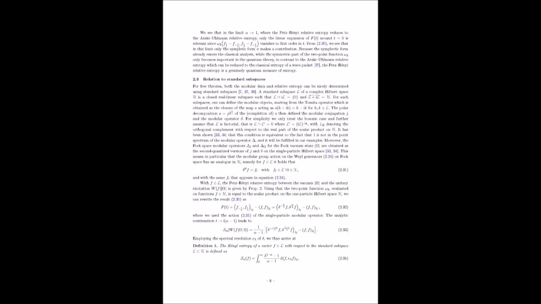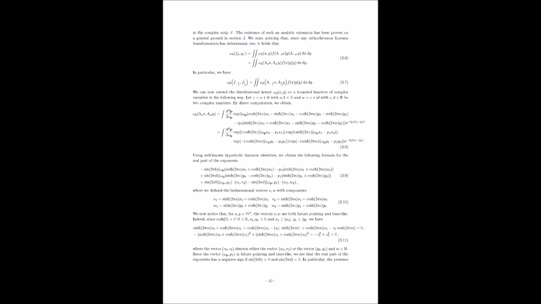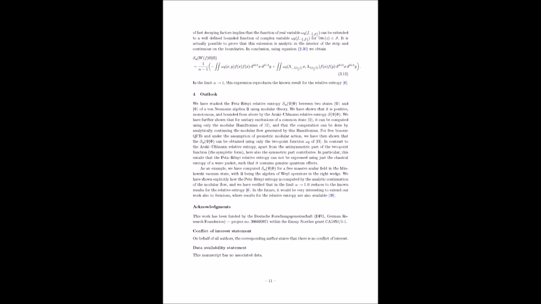Well, imagine you're trying to study the entanglement properties of a complex quantum system. The usual relative entropy might tell you that two states are entangled. But Petz-Rényi relative entropy can give you a much more detailed picture of how entangled they are. It can reveal subtle differences in the entanglement structure that would otherwise be hidden. So it's like we're upgrading our entanglement detection toolkit. Instead of just a basic yes or no answer, we're getting a more sophisticated measurement that reveals the finer details.